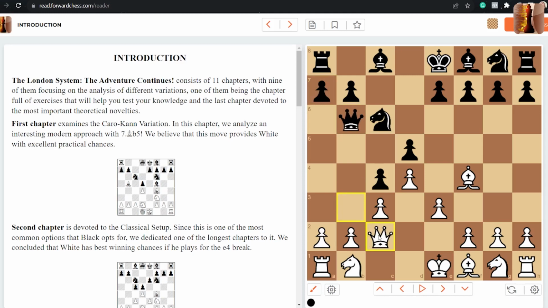Now, the line that I want to show you is a line that you would really only know if you know your theory, but as London has become so popular, you should be prepared for your opponent to know this. And that is this move e5. We're going to understand why this move is important, but let's take a look at the idea. Now, e5, we capture the pawn back, and here is black's whole